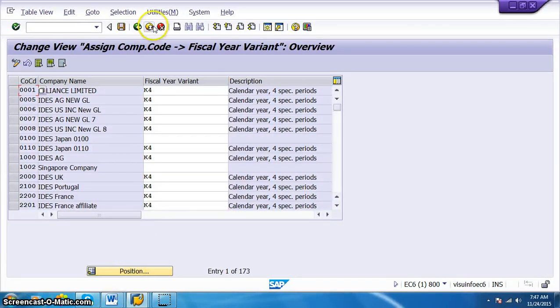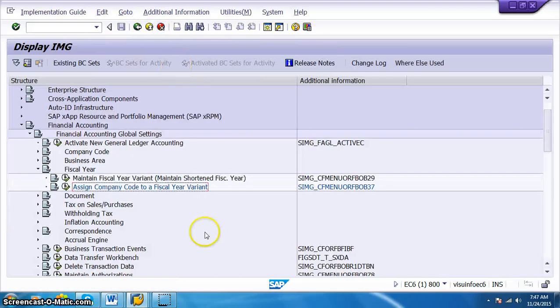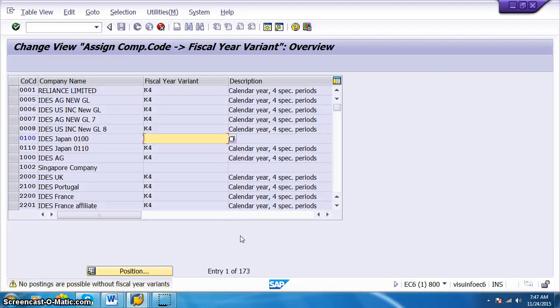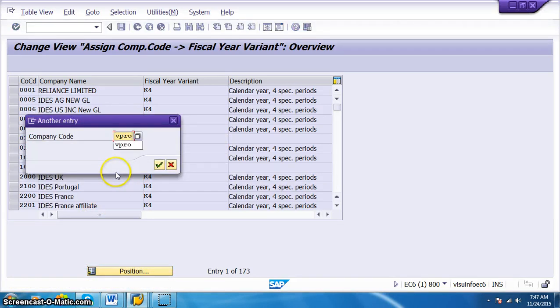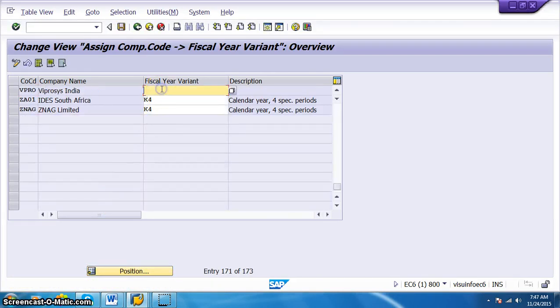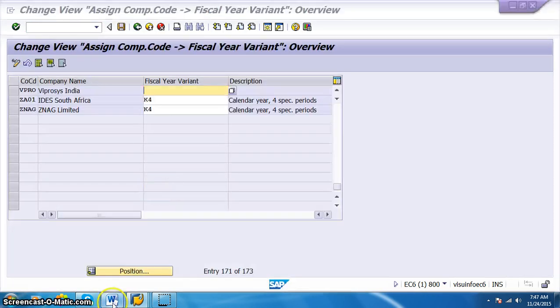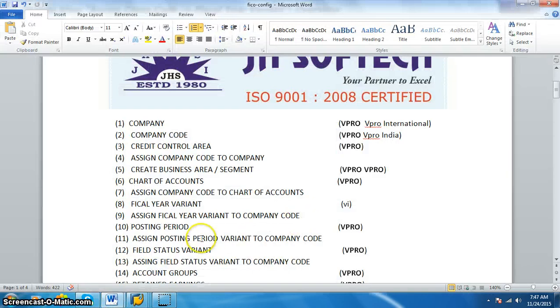The transaction code here is OB37, so we'll just click this position, and we'll go ahead. We have VPRO here, and we have the fiscal year that we just created, and the fiscal year is VI.